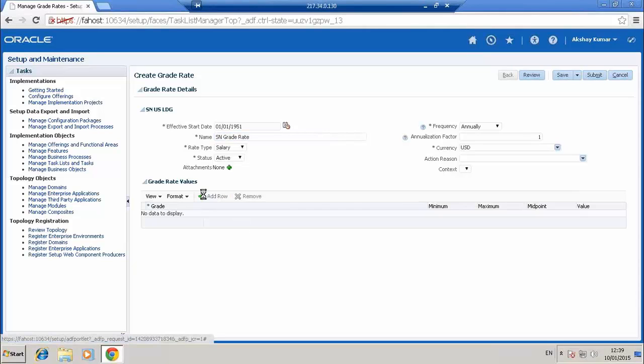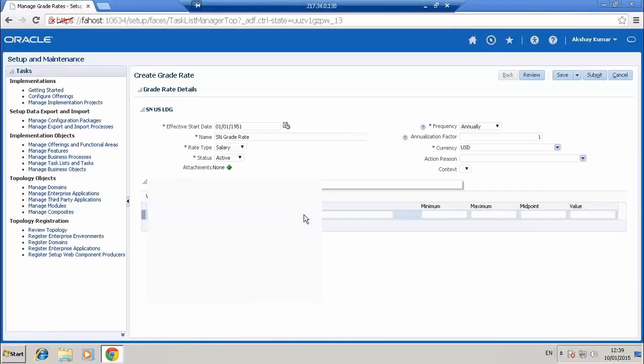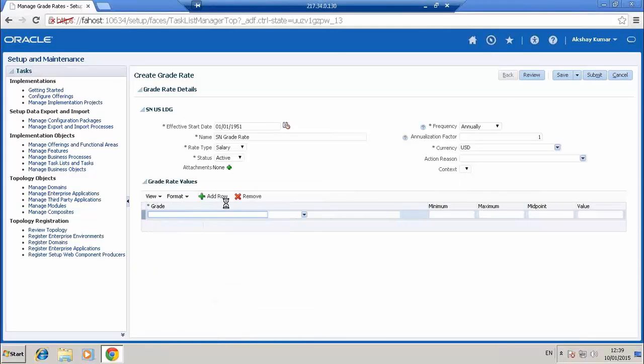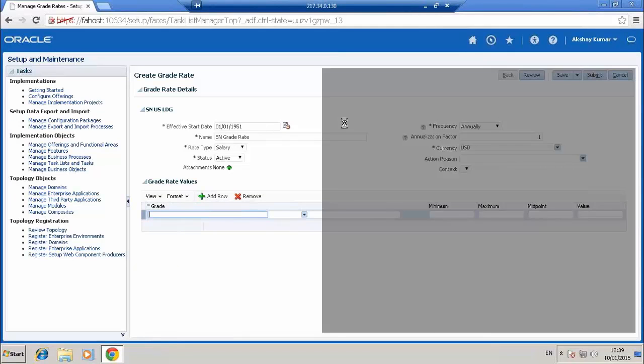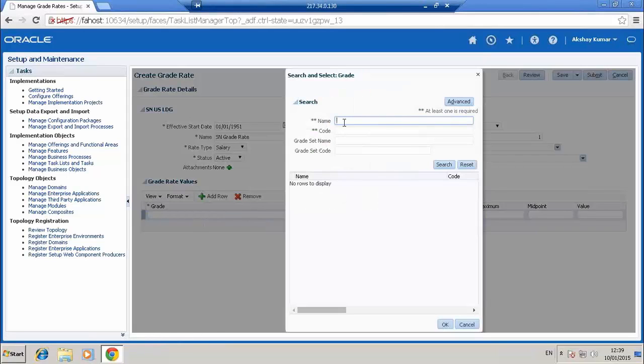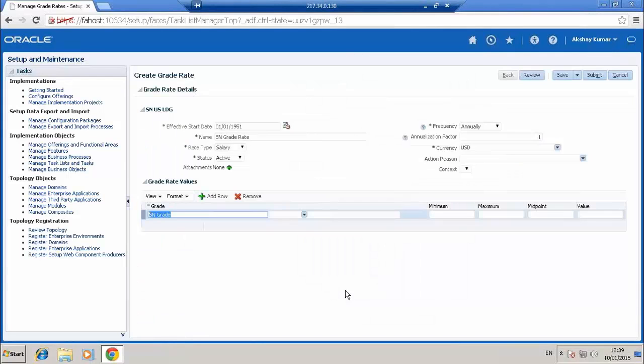Then I will be asked to give the value for the grade which I created previously. Let's search for the grade. So for grade rate, you can either give it as a range or you can give a single value.